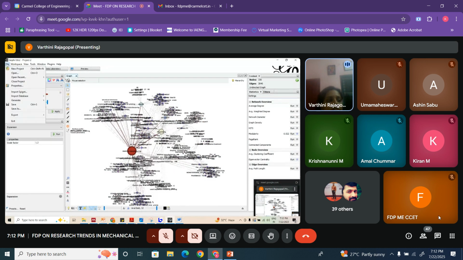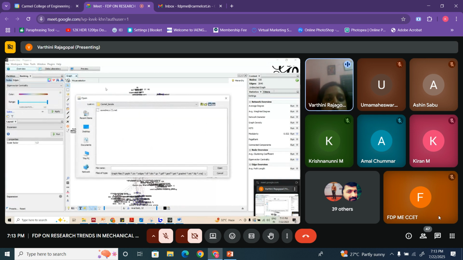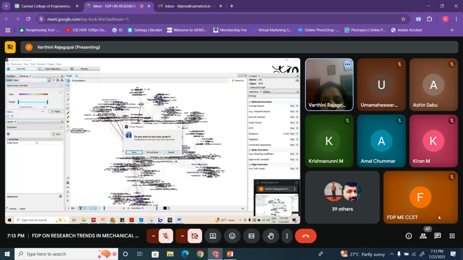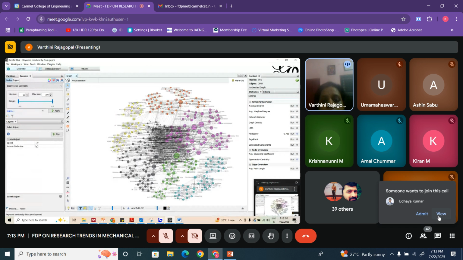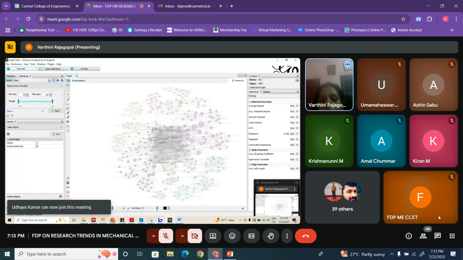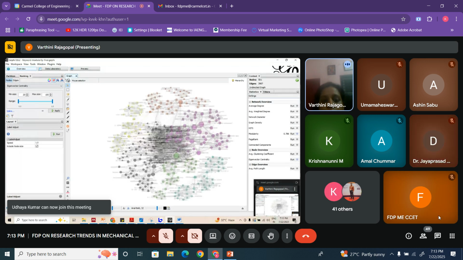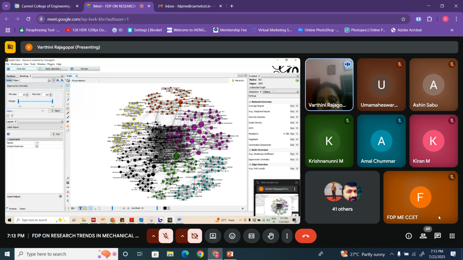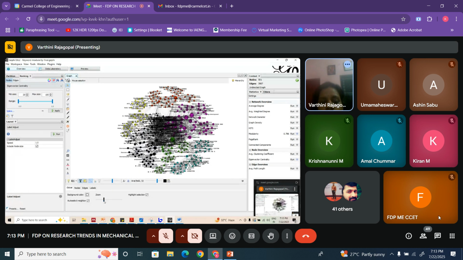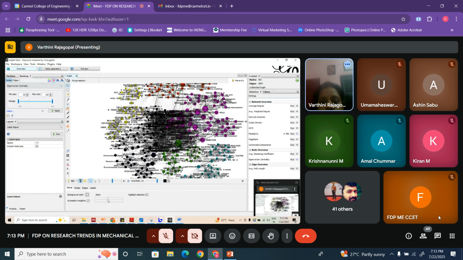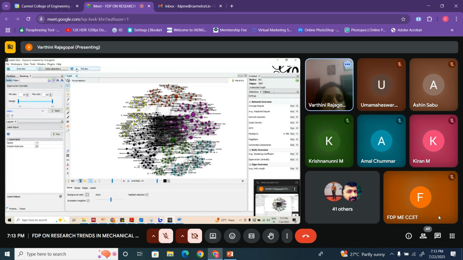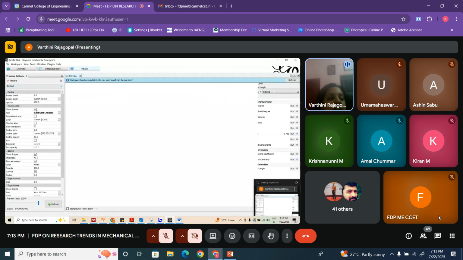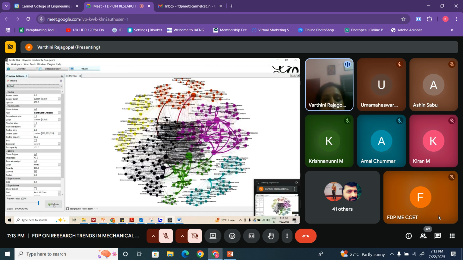Since it's running out of time, this is how I will show you another file where it has been processed, where I used the processed data. See, I've moved the nodes. Yellow nodes represent one particular research domain. Red nodes represent another research domain. Okay, so this is one such thing. Only if you have removed the outliers and conditioned the data, it will be more